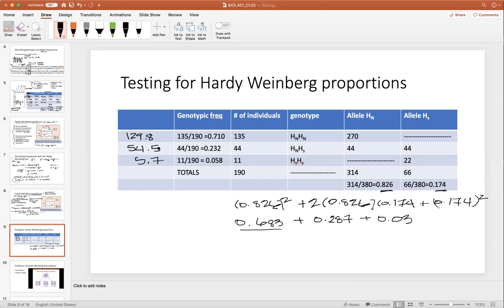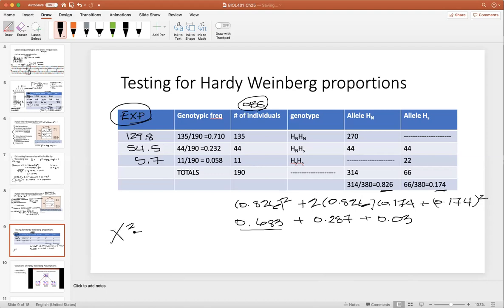Now, of course, you wouldn't have 0.5 and 0.7 of an individual, but just bear with me. So these are our expected values. These are our observed values, okay? Now, I'm not going to go back through how to do a chi-square analysis, but hopefully you guys remember that